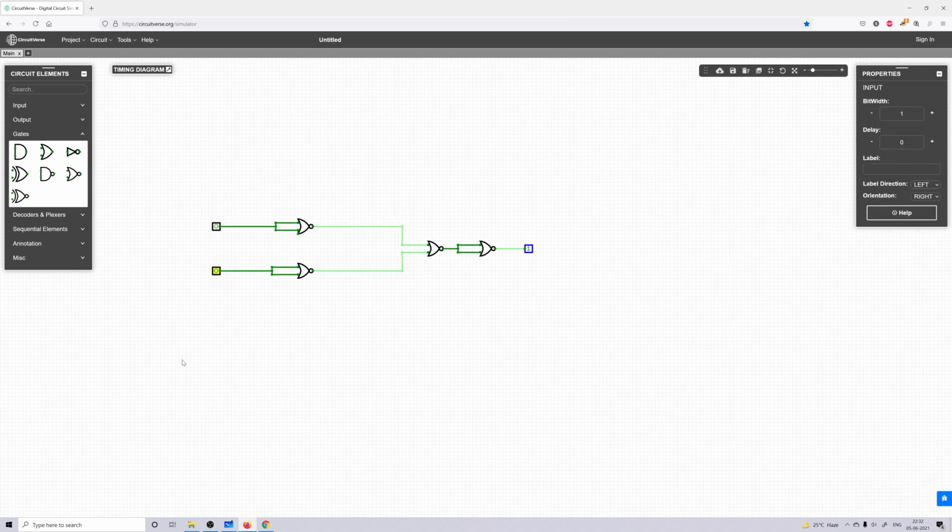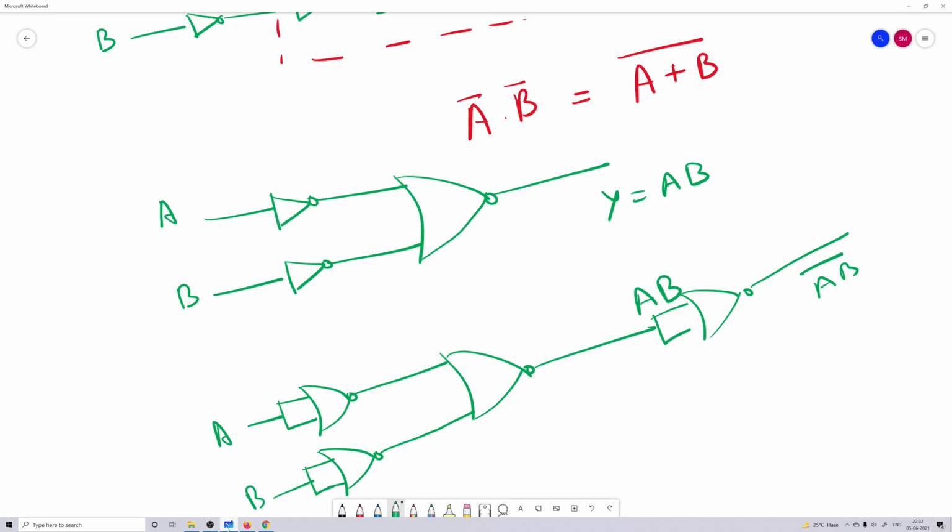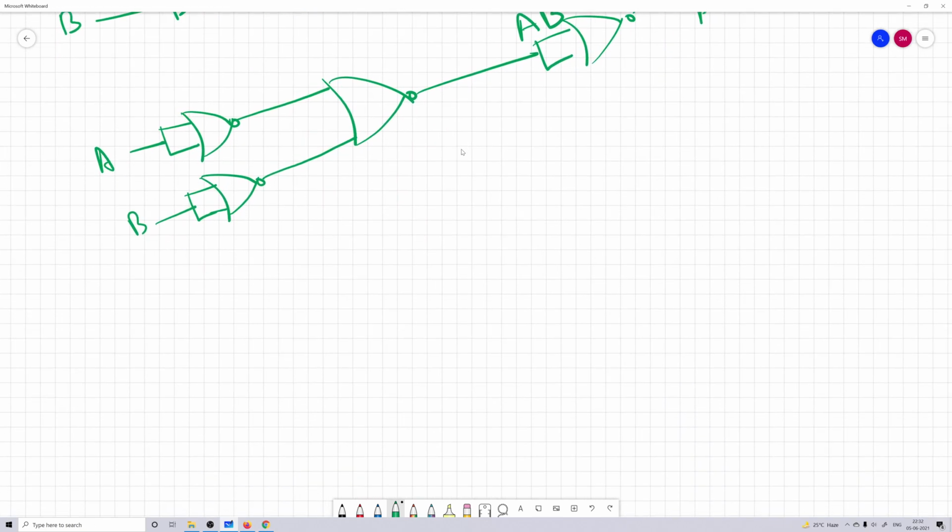When both inputs are 0, output is 1. When first input is 1, output is 1. When second input is 1, output is 1, and when both inputs are 1, output is 0. So we have the NAND logic. Next is NOR gate. Now NOR gate, using NOR gate is trivial, let us not discuss that. The next gate we will be doing is the XNOR gate first, because that is easier.